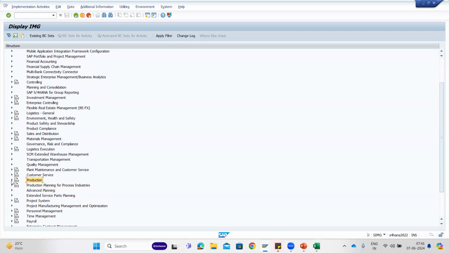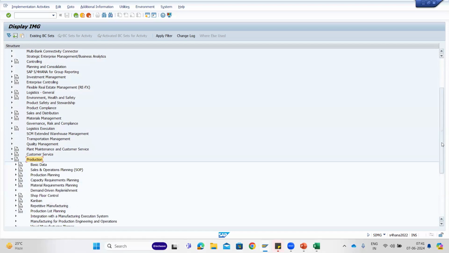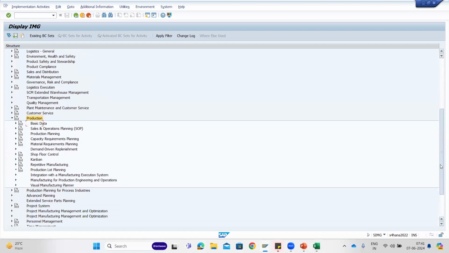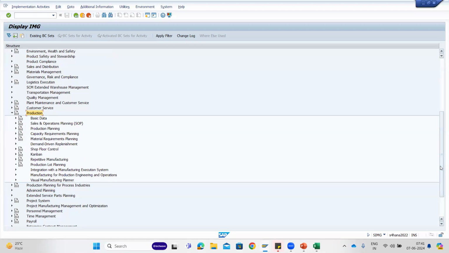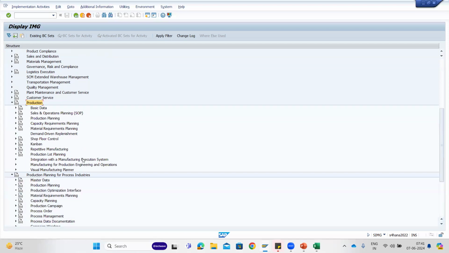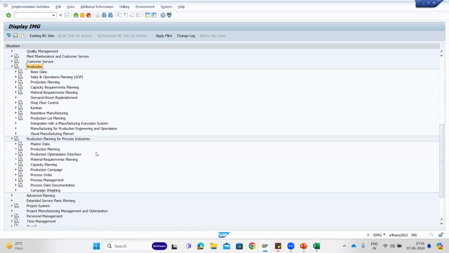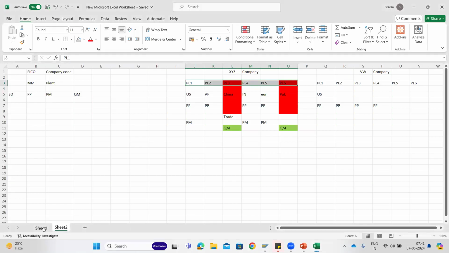In production, usually the ideal way to learn is, first go to the master data, then go to the transactional data, then come here. Parallelly, I can show you how the master data and transactional data are triggering. If you see here in the first chart,